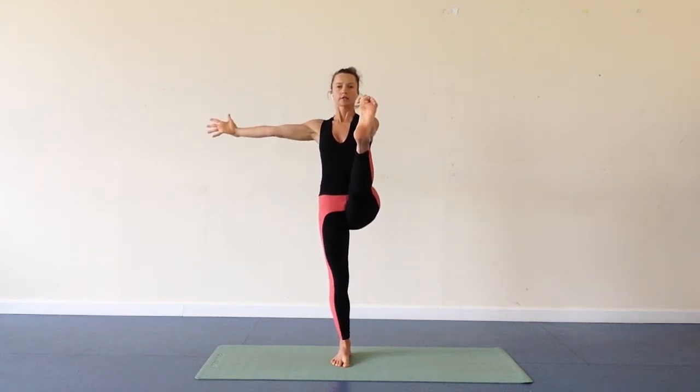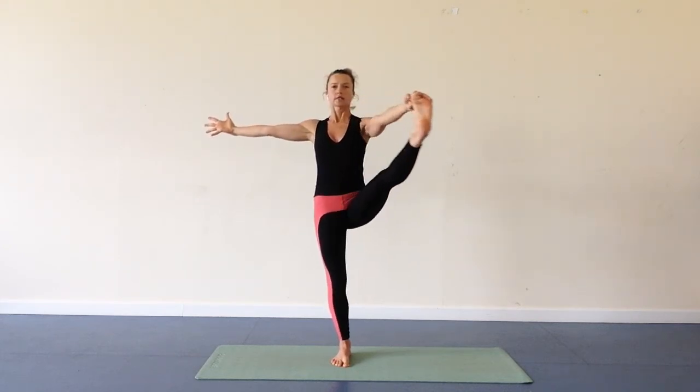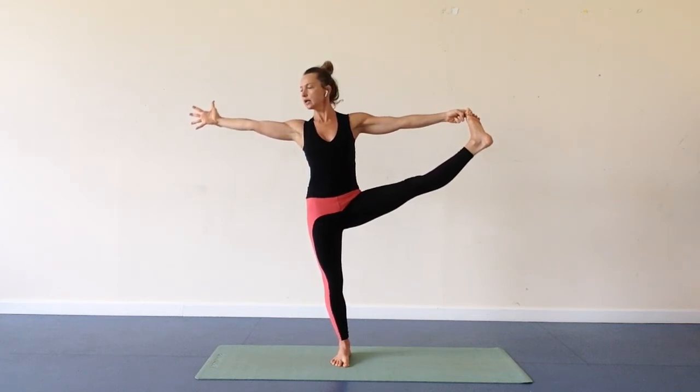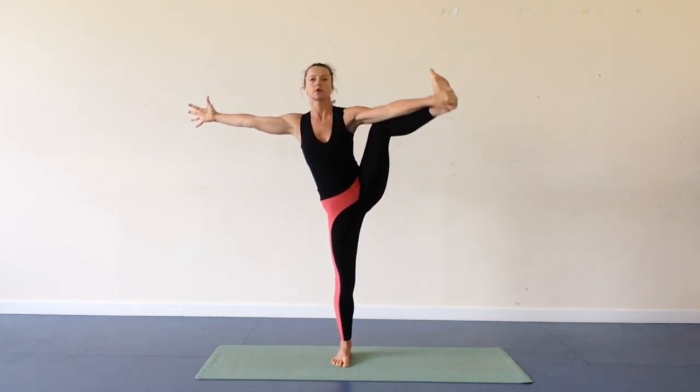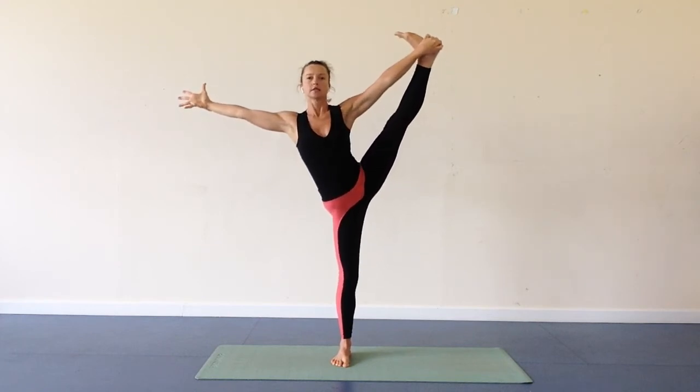Open the right hand to the side, inhale, and exhale, open leg to the side. This time you've got legs extended, you can gaze towards your right hand. Keep your hips in line. Look ahead. Now, if you want to take it to the next level, grab your heel and extend your leg